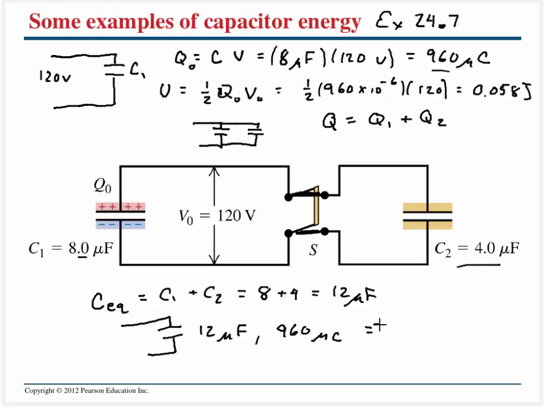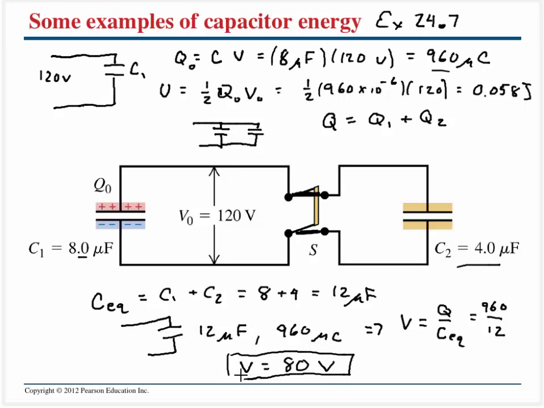What that means is I can write that the voltage is going to be equal to the total charge divided by the equivalent capacitance. So that's going to be 960 divided by 12, and my potential is going to be 80 volts. What I can then do is work my way backwards and say this same 80 volts is going to be across this capacitor, same 80 volts is going to be across this capacitor, and I can figure out what the charges must be along these two capacitors simply by using that the capacitance is equal to the charge